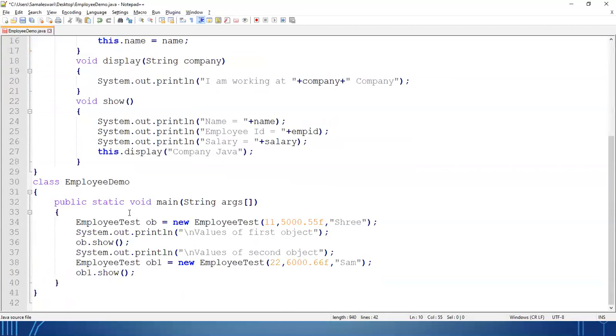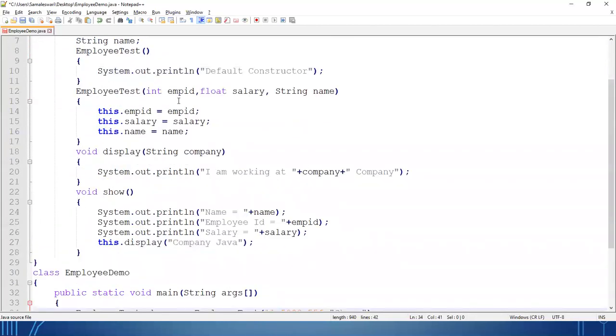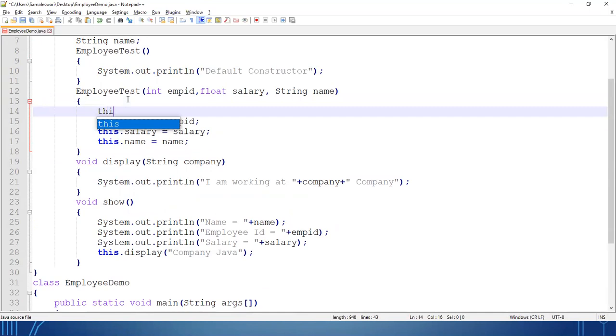Now whenever I create the object, my parameterized constructor will be called. Here, if you want, I can write this manually. If I write this manually, what will happen? Let's check.